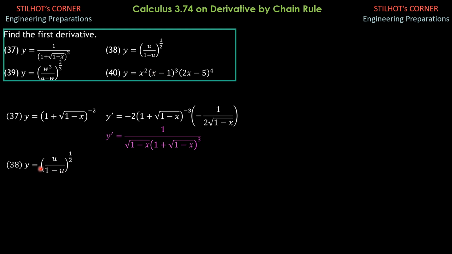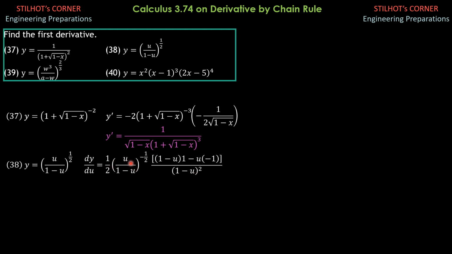So therefore, y prime or dy du is equal to 1 half times quantity u all over 1 minus u to the negative 1 half, then times quantity denominator 1 minus u, derivative of numerator with respect to u is 1, then minus numerator u, derivative of denominator negative 1, all over denominator square. So all over 1 minus u square. Simplifying,